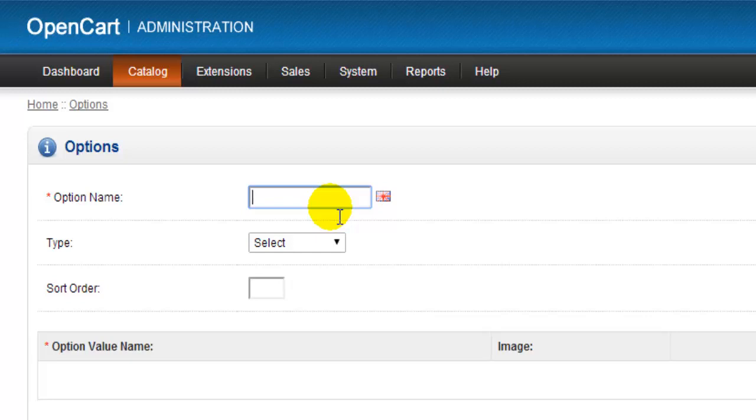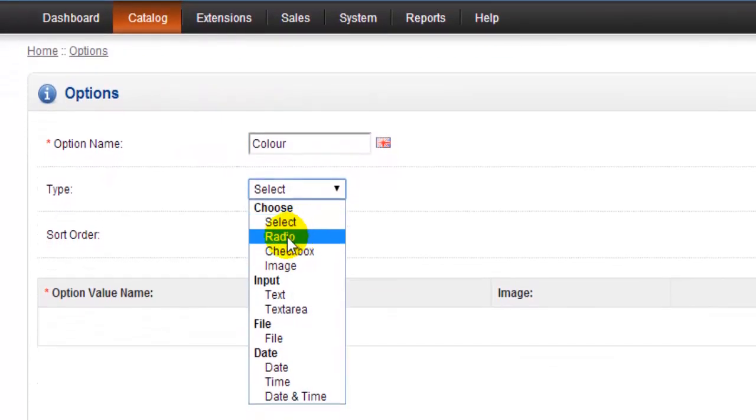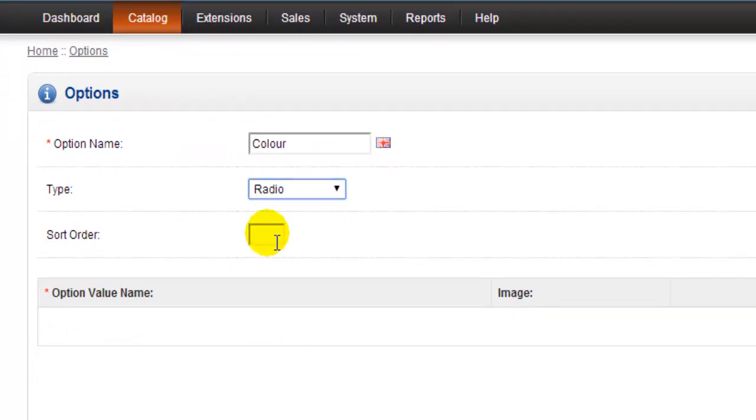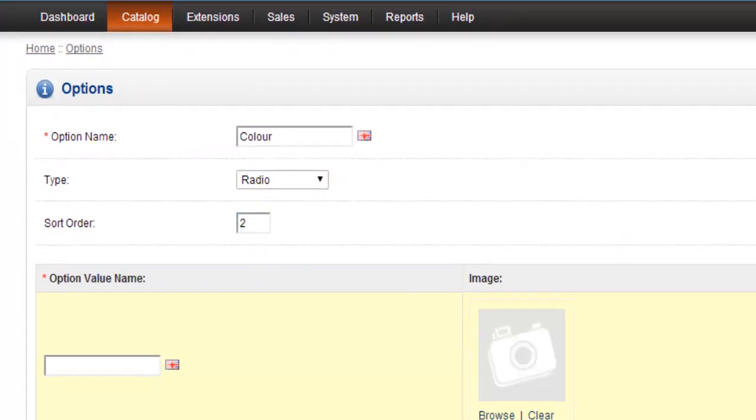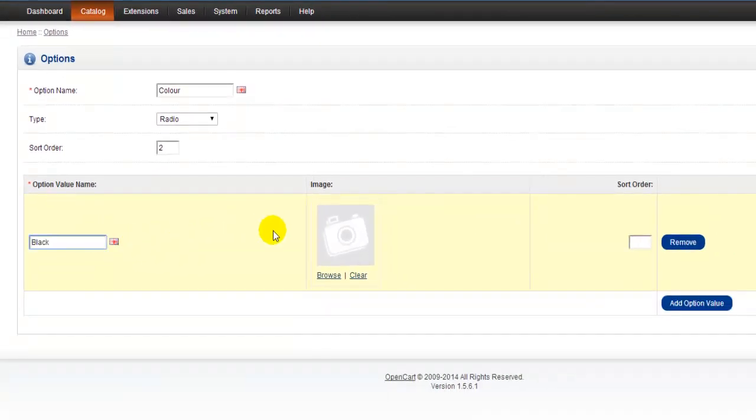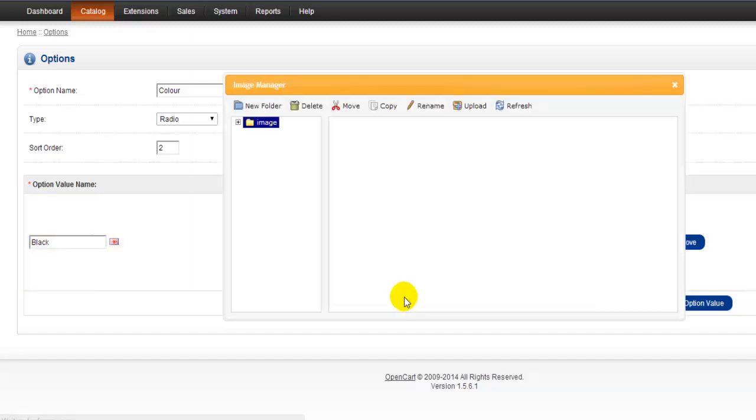So we'll just type in color, and the option type here we're just going to use radio buttons just to show you, and a sort order of 2. I'm going to add an option color here. Now we're going to upload an image for our black t-shirt, so we click browse into our image manager again,